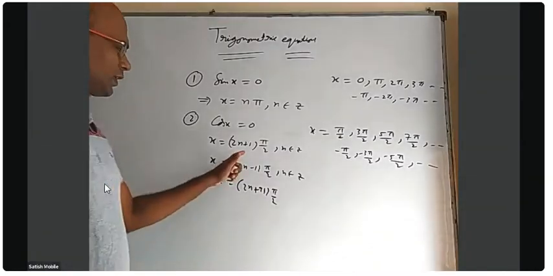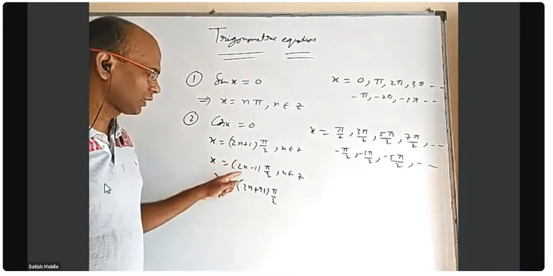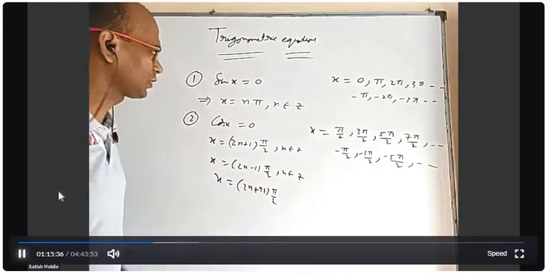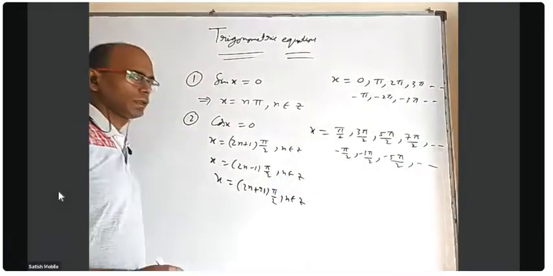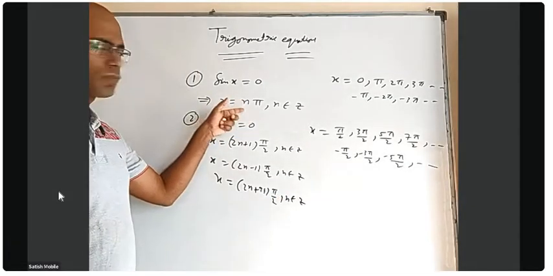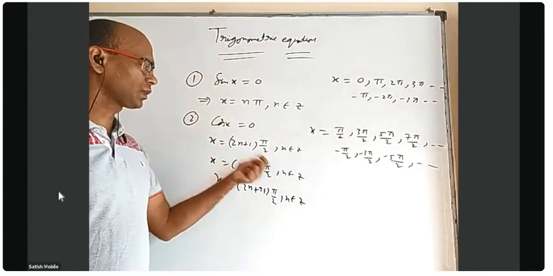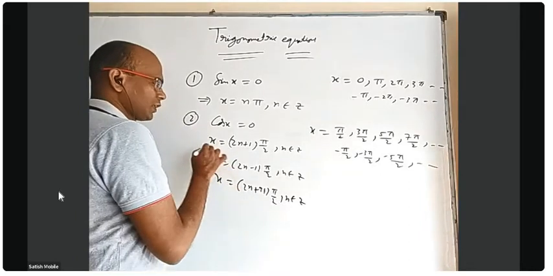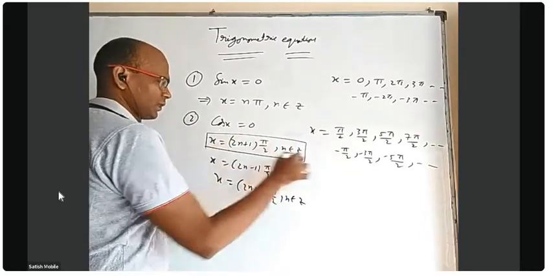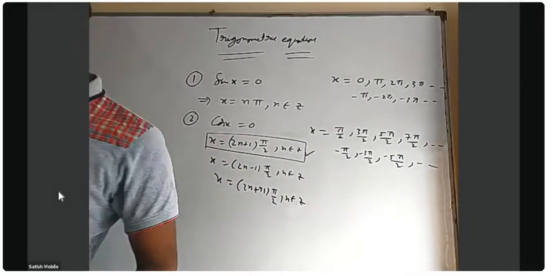But I think in IP textbooks, usually they write like this. But in Mains or Advanced exam, you can write like this or like this. All these are fine, nothing wrong. Here also I can write n plus 1 also, I can write n plus 2 also. Basically, it should cover all the integers. This should cover all the odd multiples of pi by 2. All these are fine, but in IP when you are writing, I think we should write only this. I have to refer to the textbook whether this one or this one.